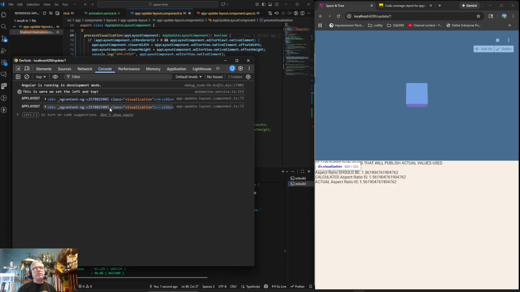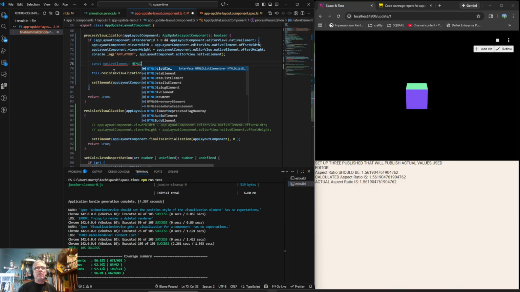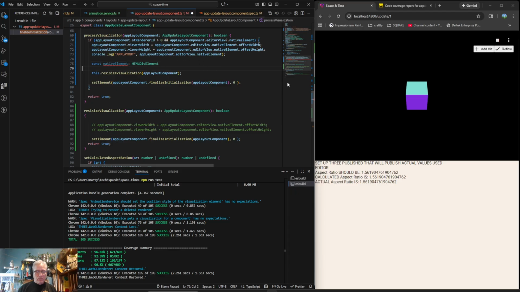All right, so now over here, we want to strongly type our native element to an HTML div element. And that is equal to